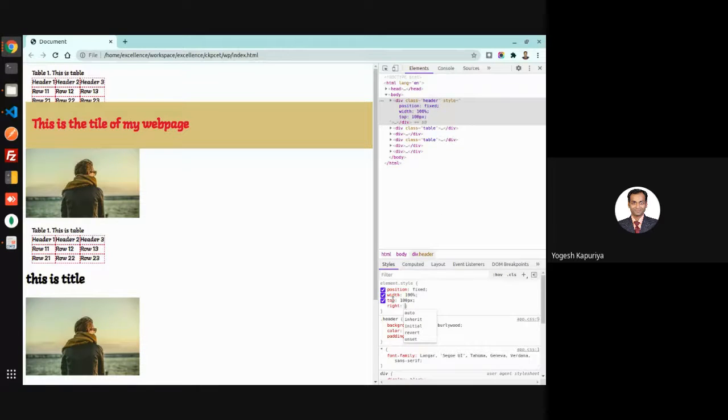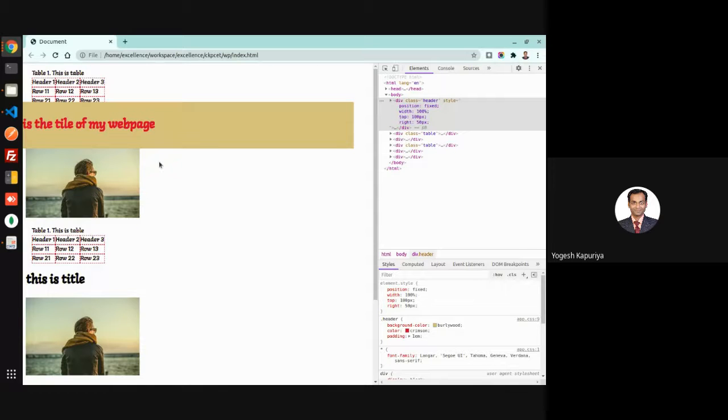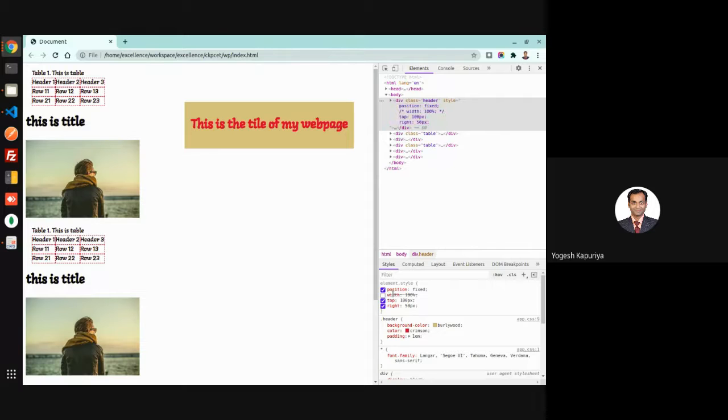So right as 50 pixel. Now if I change this, right as 50 pixel, and if the width is 100%, then you can see your content has gone beyond your control. So normally we don't require this, but when you have this kind of a thing, then you require something else for managing that.